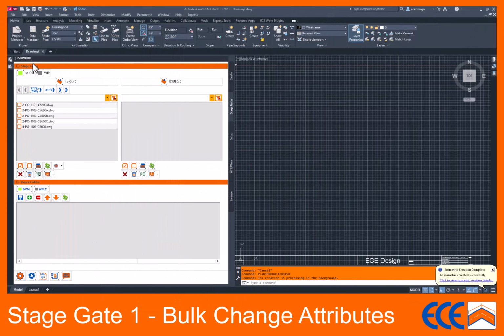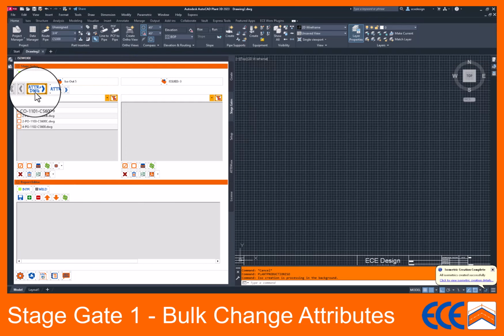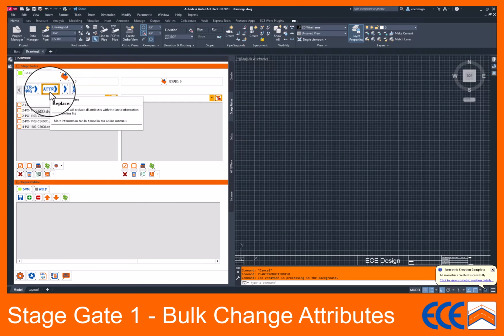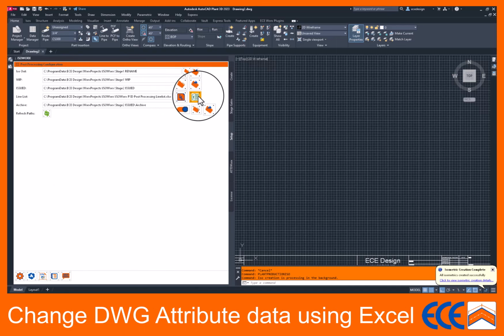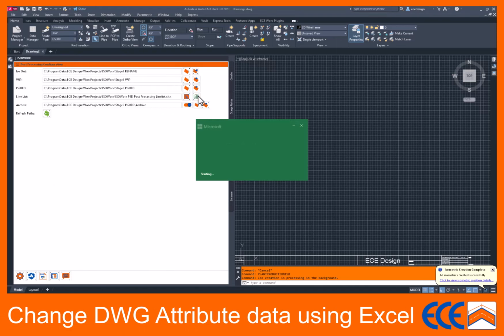On the Stage Gate tab, we're going to focus on the ISO out stage gate. While in stage gates, you can update attributes and change file names. We're going to focus on the replace attributes. To get started, we're going to bounce to setup and just look at the line list that's been set up